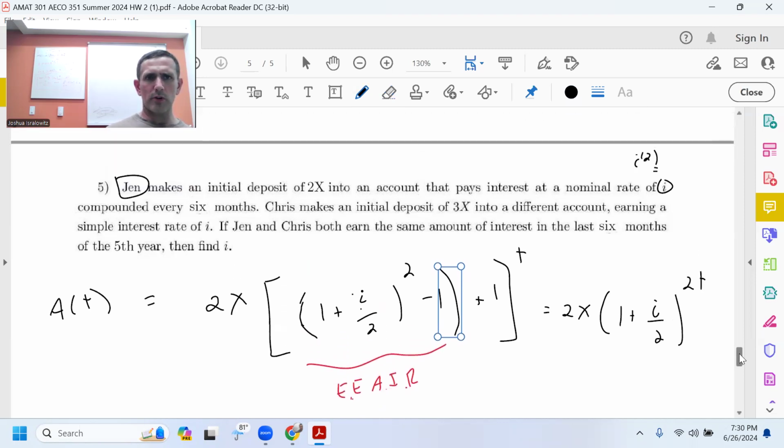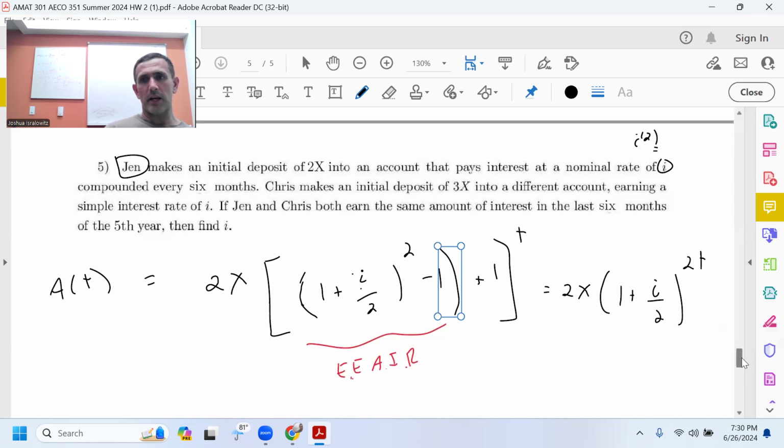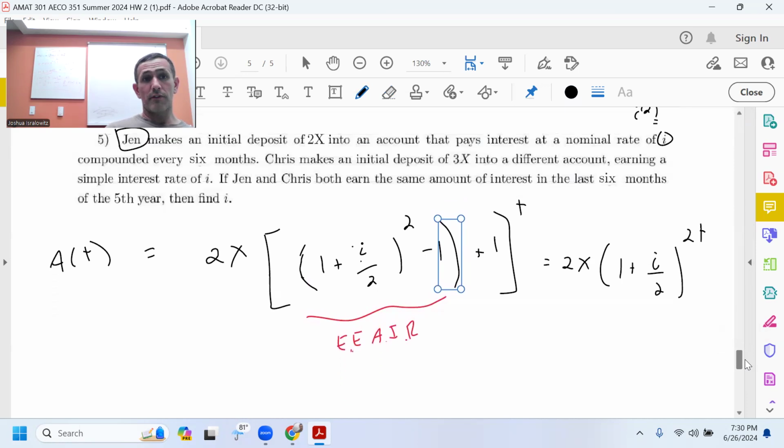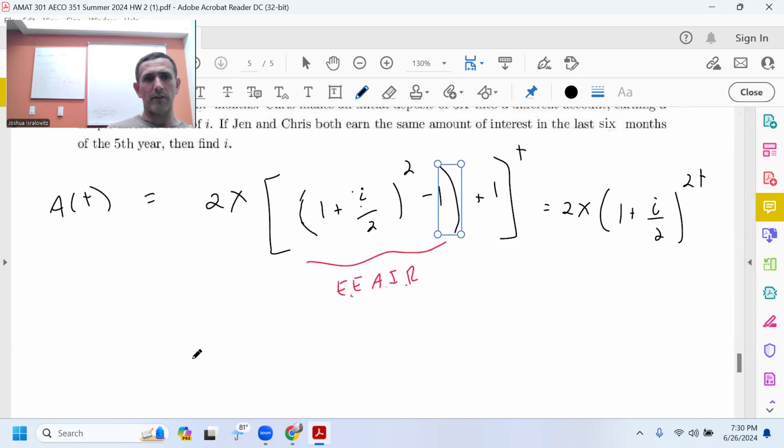So the interest earned in the last 6 months of the 5th year. Remember, the 5th year is 4 to 5. First year is 0 to 1, second year is 1 to 2. So the last 6 months is 4.5 to 5. We're figuring out how much you've made in that 6 months. So it's how much more you have after 5 years versus 4.5 years. That's how much you've made in the last 6 months of the 5th year, the year 4 to 5. So it's A of 5 minus A of 4.5